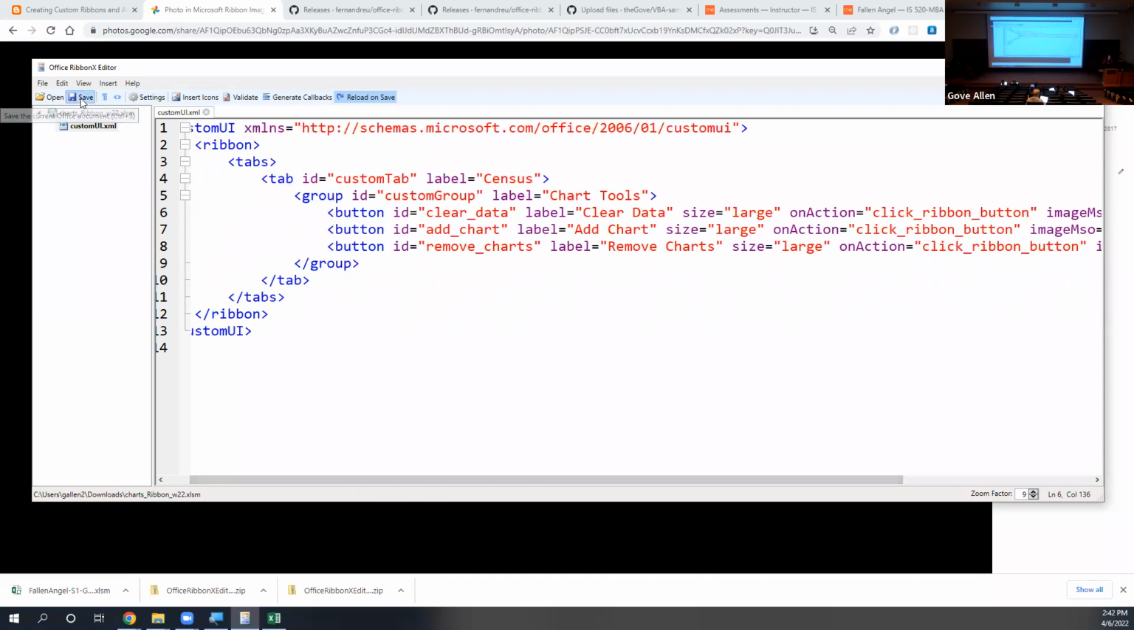I'm going to save this, but before I leave, it might not be a bad idea to click validate. That'll just check to make sure I haven't left off a quote or an angle bracket or something. But there's also one here called generate callbacks. What this is saying is it's going to look at this code and say, I see that your on action is calling something called click ribbon button, and it's going to build a stub VBA procedure for us that has the right parameters. So I'll click on generate callbacks,